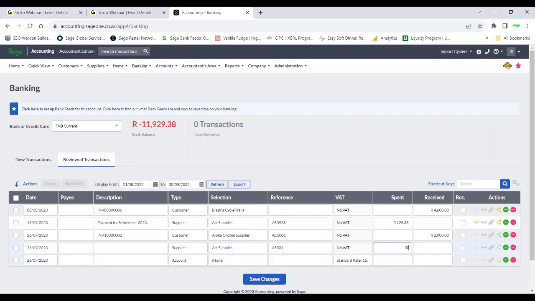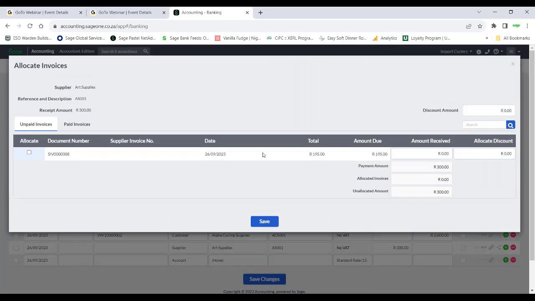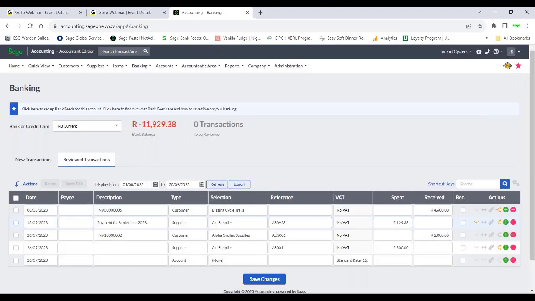We can make our payments. And we can choose to allocate here and go, okay, yes, I need to allocate to that. Tick to allocate, save, and it will auto allocate. So you can do that here. If you enter your details and you forget to allocate though,